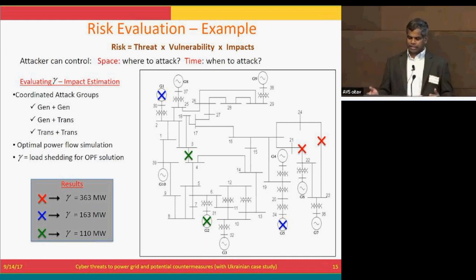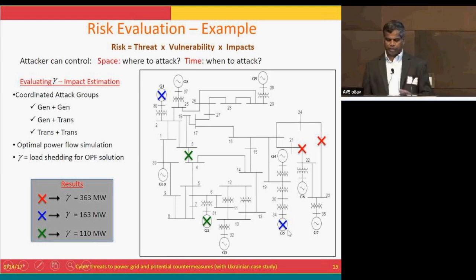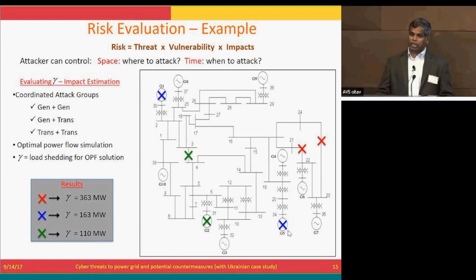So the risk, as I said, is the threat, vulnerability, and consequence. Let us say you have a power system with so many buses, 30 buses or whatever. There is generator 1, there is generator 5. Every bus has a substation, let us say. The substation is an IT element. It is connected to the control center. It is exposed to attack if it is not properly protected.